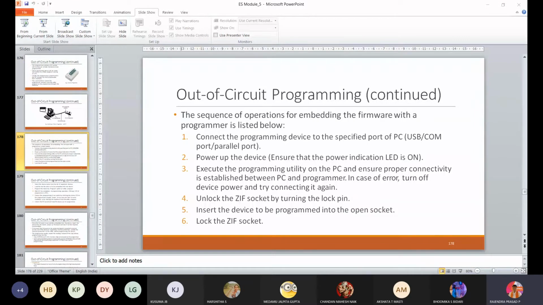I hope you have observed this example in your digital design lab or digital electronics lab, where we insert the pin and lock it, and there are keys, LEDs, and so on. This is the universal programmable kit. The different component connections are the programmer, COM, USB port, PC to RS-232 cable, USB cable, and device programmer. These are the things you will be doing.